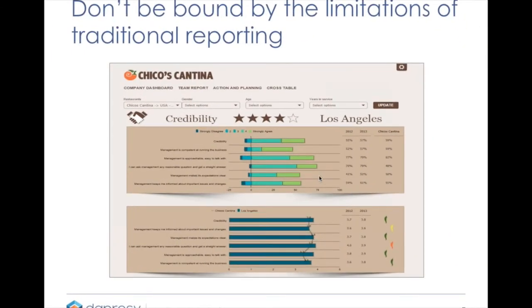And don't be bound by the limitations that are there in traditional reporting. So if we take this example here, this looks like a very traditional slide, charts, tables. But in this slide, we have dynamically calculated benchmark values. In this case, it's for a fast food chain, and this specific report is for the Los Angeles restaurant